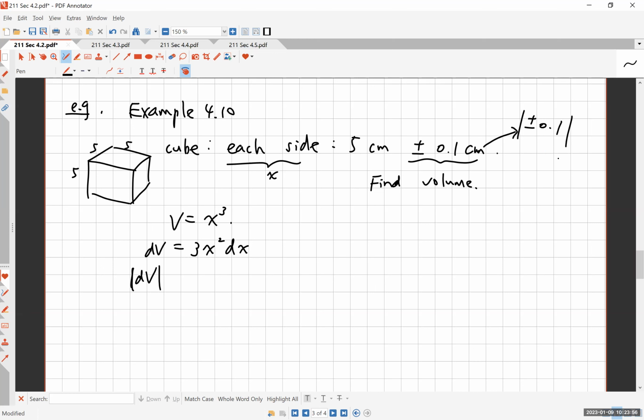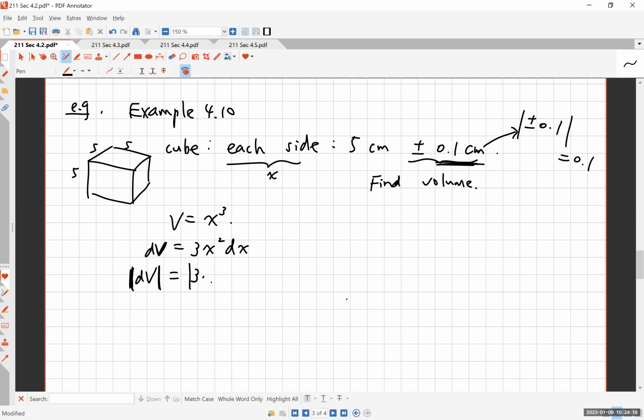If you take the absolute value, it is 0.1. Give or take or plus or minus can be easily written using the absolute value. So what we are saying is dV, depending on if this is plus or minus, the error for x could be plus or minus. And so the absolute value of dV can be